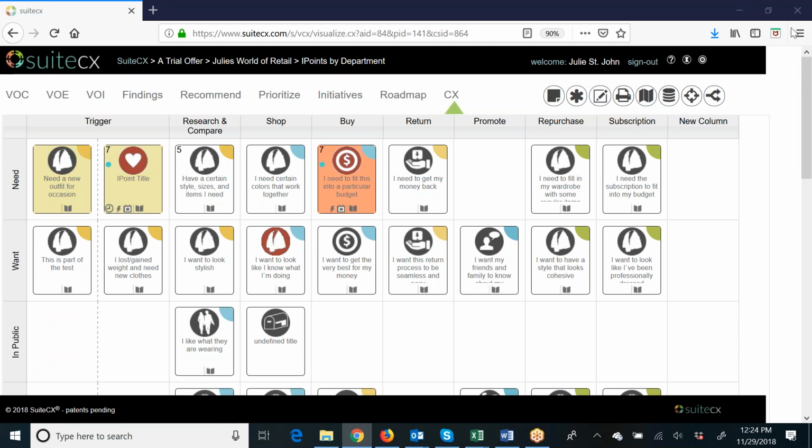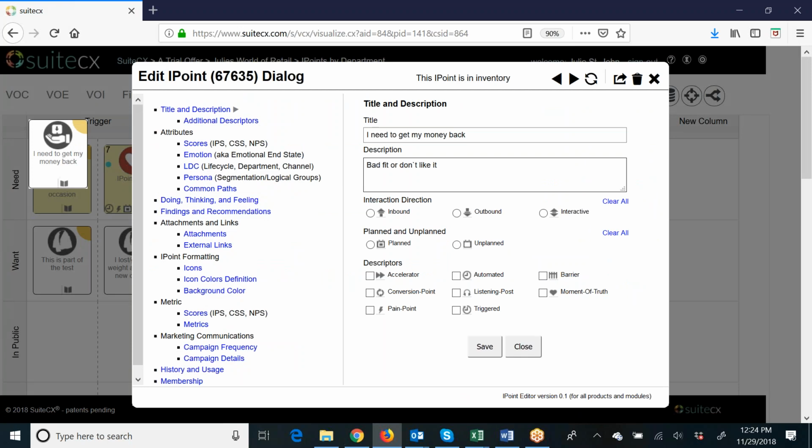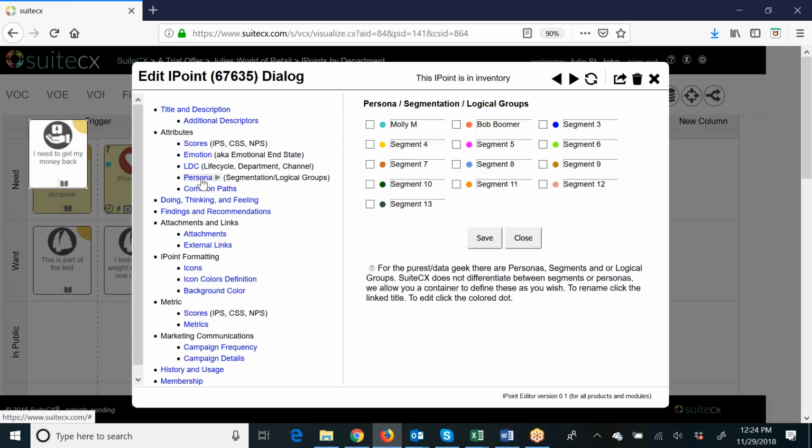In this session, I'm going to be teaching you how to create a persona map from beginning to end. So right now I'm in the project that I want to be in. This is my retail project, and I'm in my project inventory. Now from here, you can open any of your eye points. And if you go to the section in here called Persona, this will give you access to the 13 persona